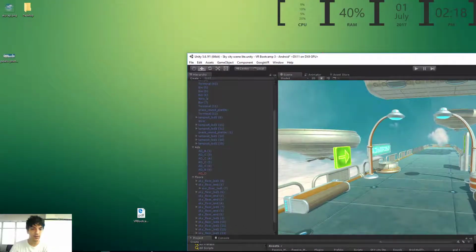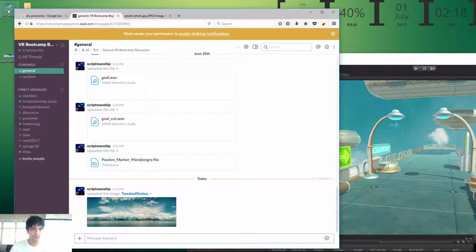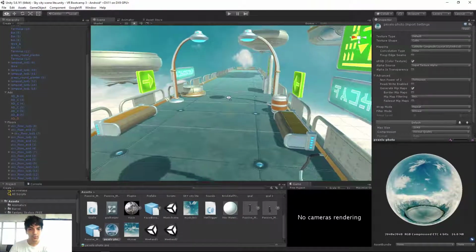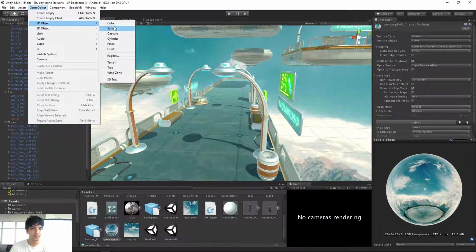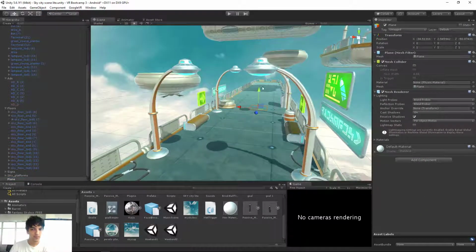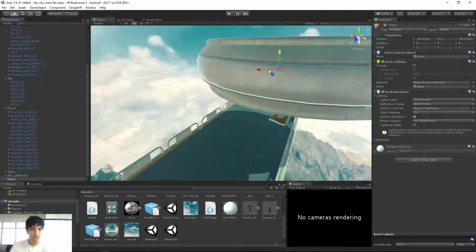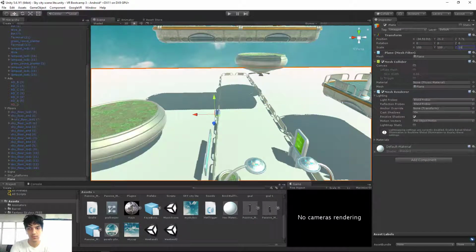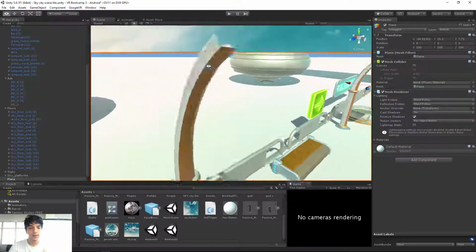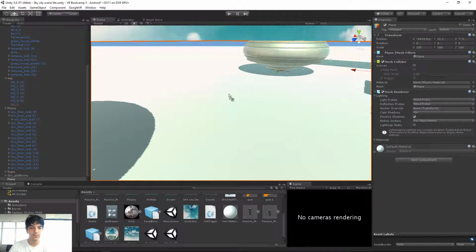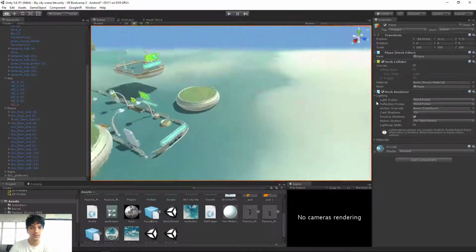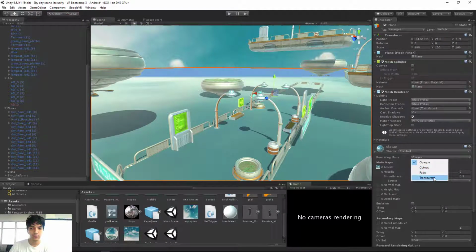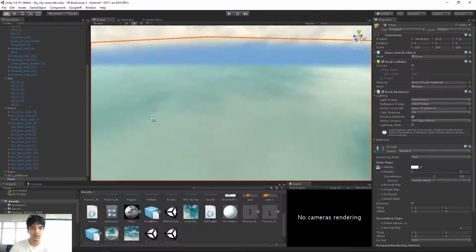I'm going to give this sky cap over here if anyone needs it. So then all I do is I create a plane, I make it very large, and I put this sky cap material on it, this texture on it, and then I switch to a transparent